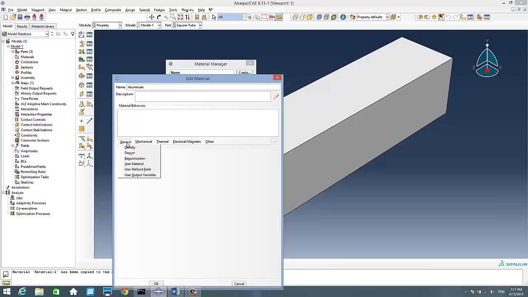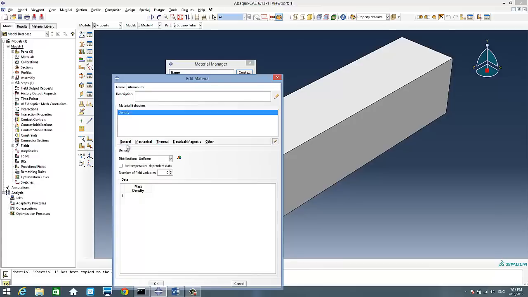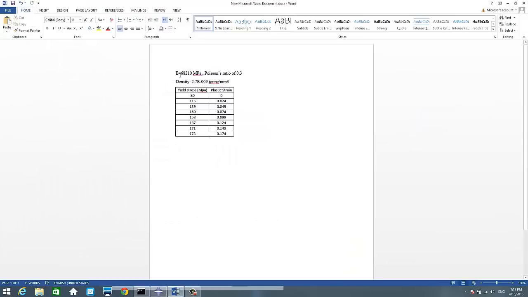So the first thing that we need to define for this material is the density of the material. We click on density, and then we write our material's parameter, which is the mass density, and I have the properties over here. The mass density is 2.7e-9 ton per millimeter cubed. And be careful that we need to use certain units when dealing with Abaqus, because it doesn't define your units